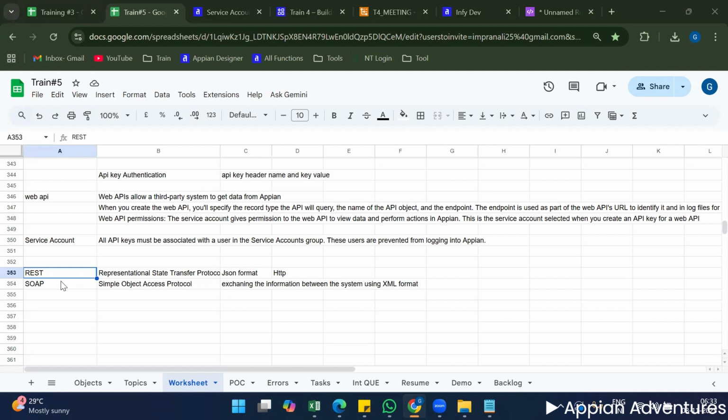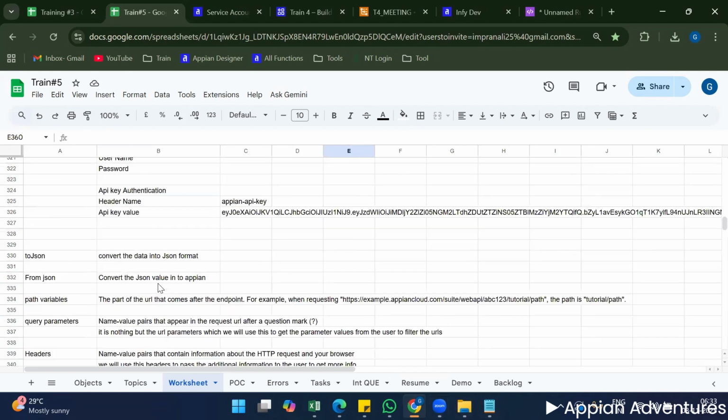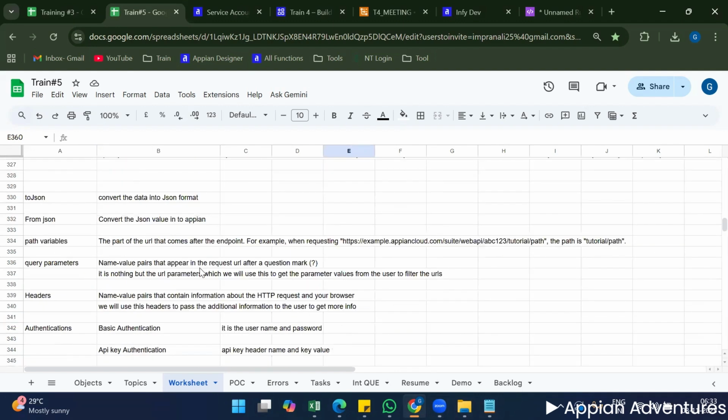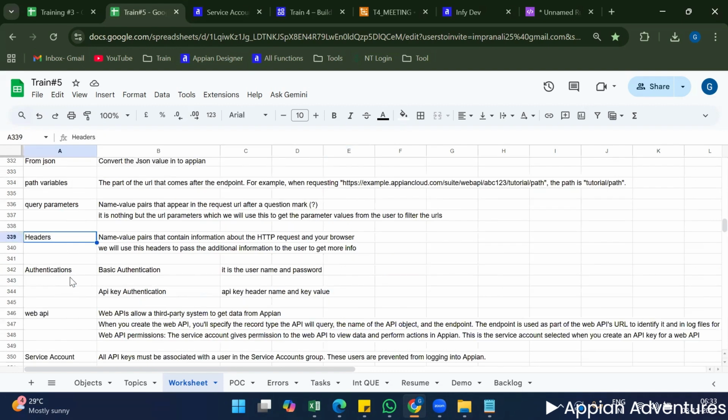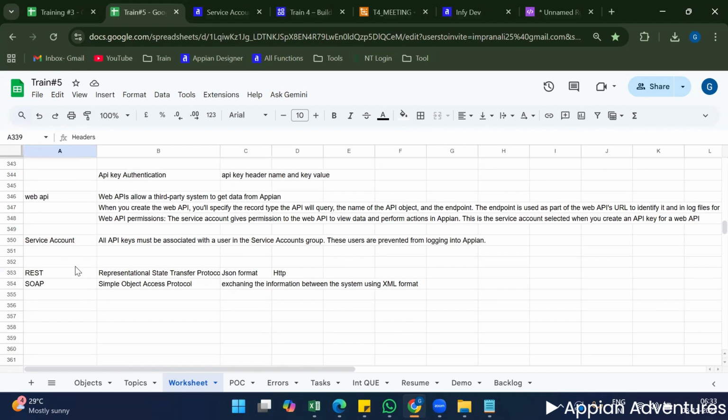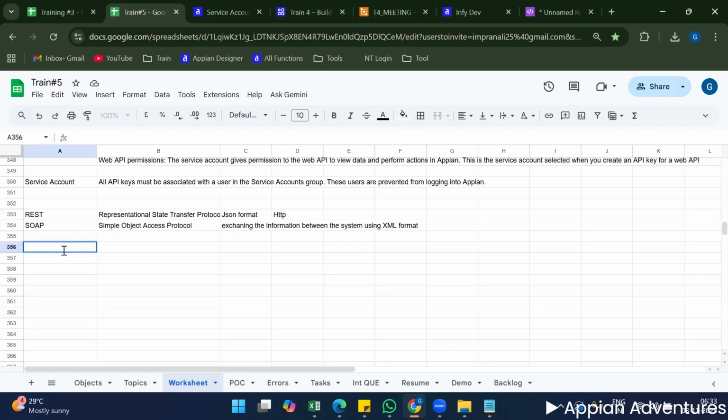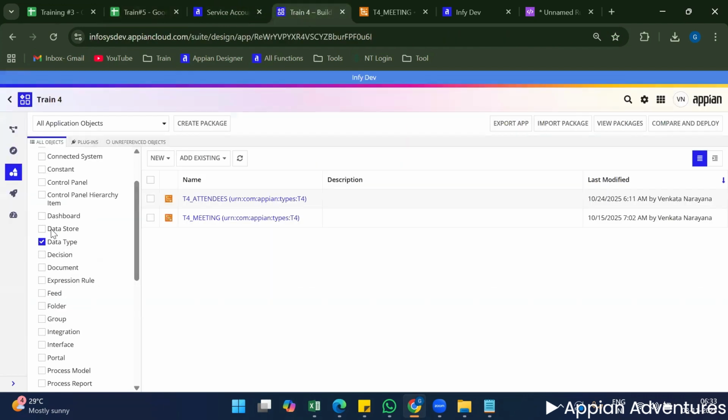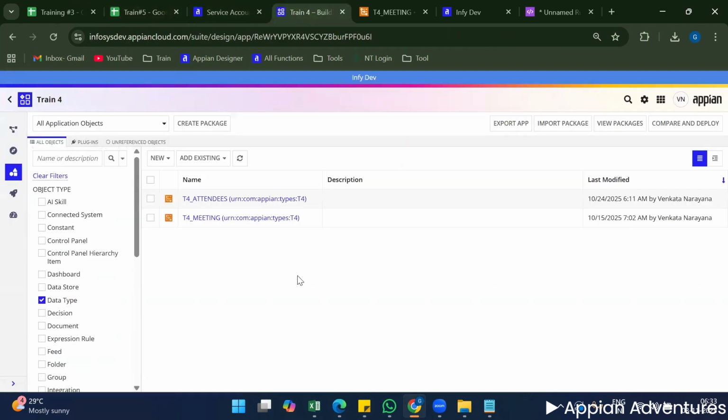So without wasting your time, guys, we will quickly create the APIs. Those are the insights and highlights of the API before creating the web API. After creating the web API, I will show you what is meant by path variables, query parameters, headers, and we have the request body as well. I will show you when the request body will come and when it will not come in the API. Now if you want to create a web API, what you need to do,